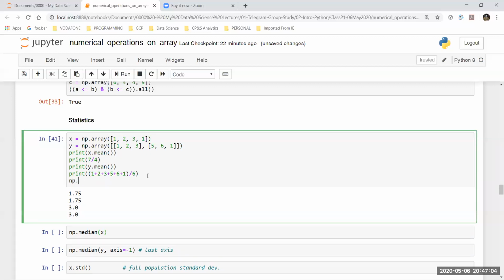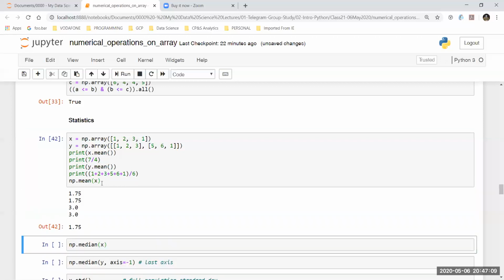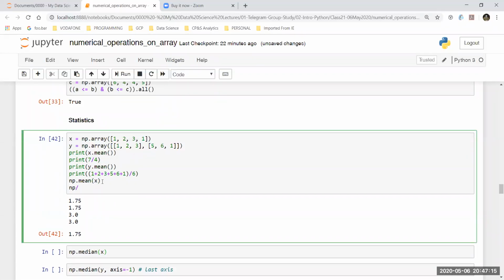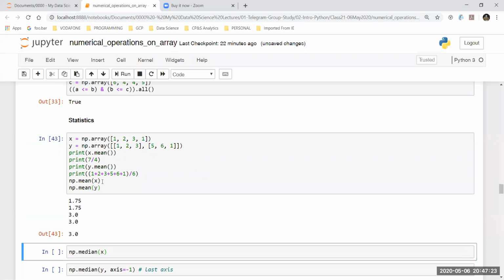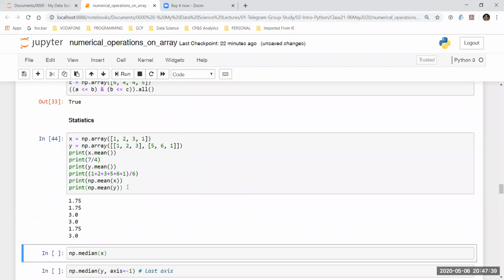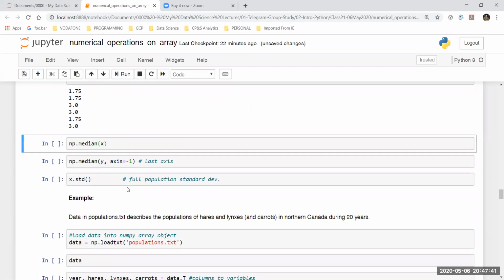Now, is there any other way to do this? Let's see if we can pass on this kind of a function in there. The answer is yes. We can have functions like np dot mean, and then in the brackets we can pass the array for which we would like to find out the mean, in which case it's going to print the mean, right? So one way to print the mean is that I use the array name dot mean, and the other way is numpy dot mean, and then I pass the array name. There is not much difference between these two. We will be sparingly using each and every one of them.